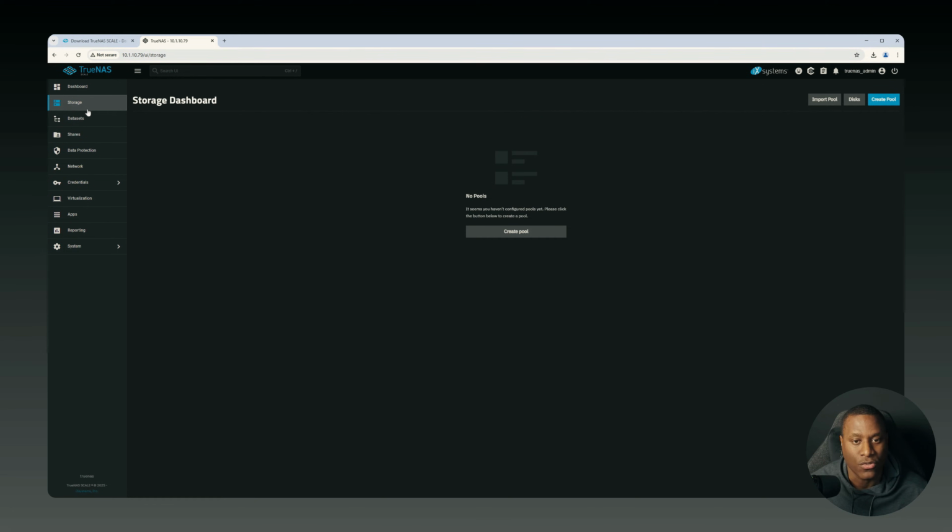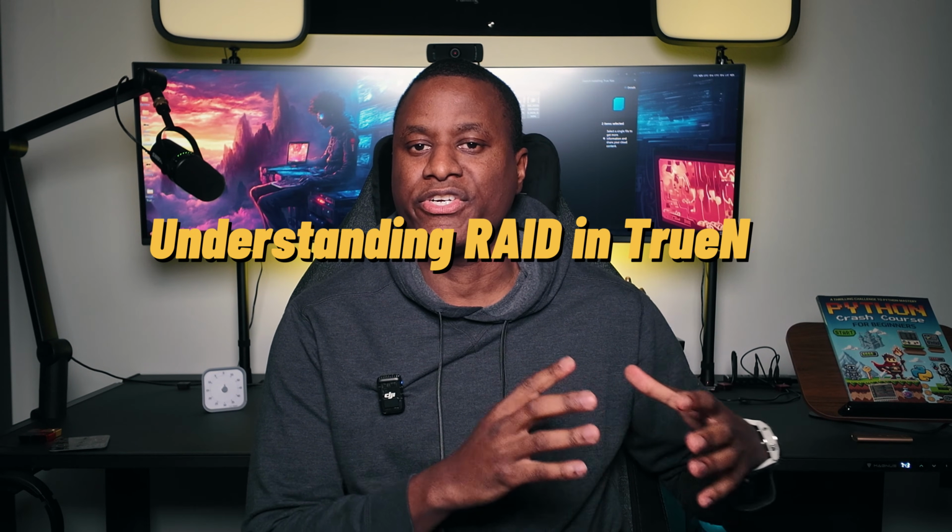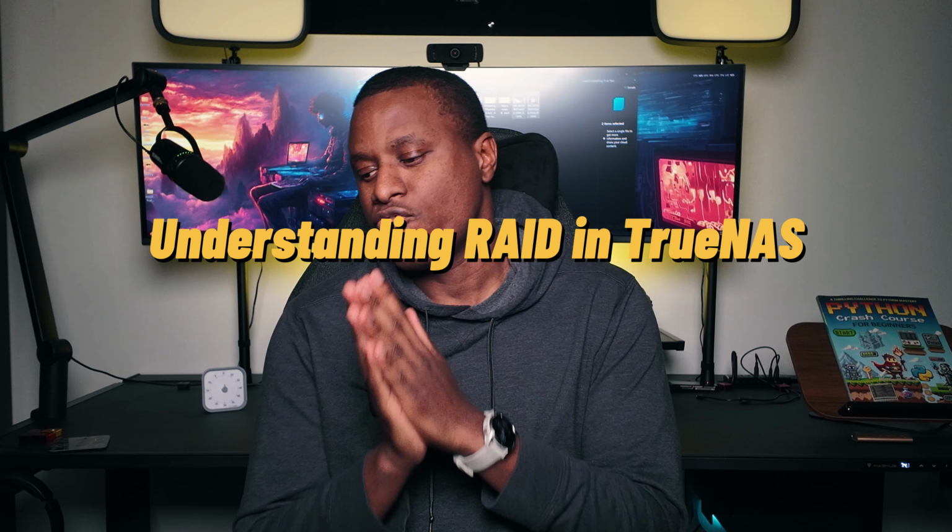Before we do that though, I want us to really get an understanding of what a storage pool is, what the different types of RAIDs are, and all this sort of stuff before we go into creation. So before going into the creation process, let's talk about those. Okay, so before we start setting up our storage, let's first talk about RAID,